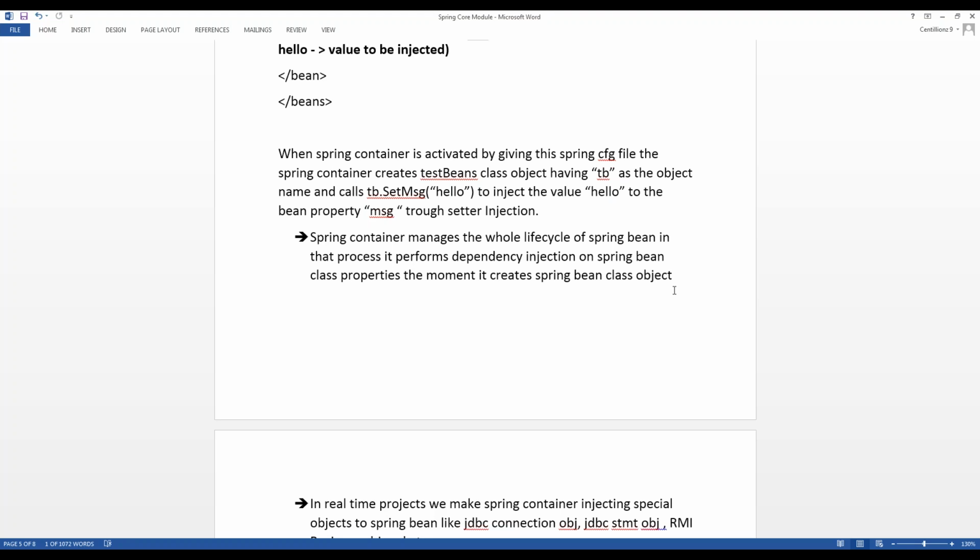Here the Spring container manages the whole life cycle for accessing dependency injections, either setter injection or constructor injection. And next, what else do we have? Interface injection.